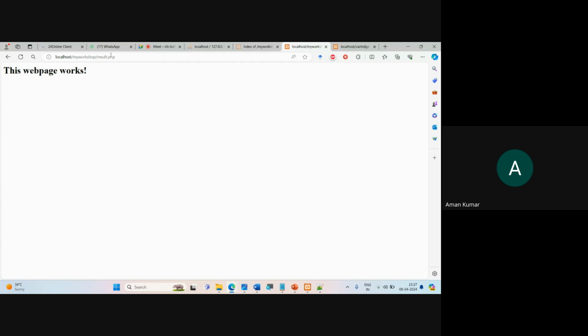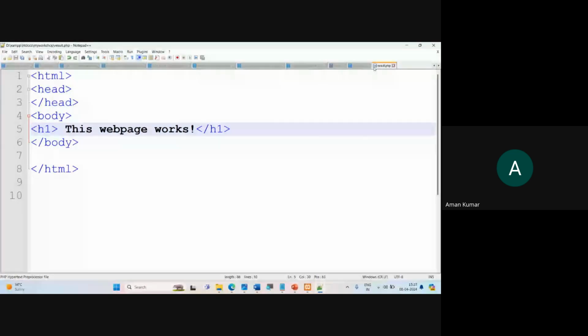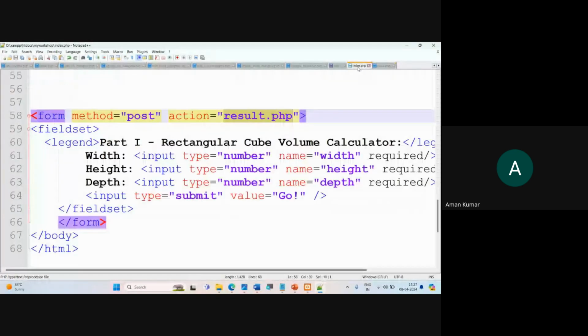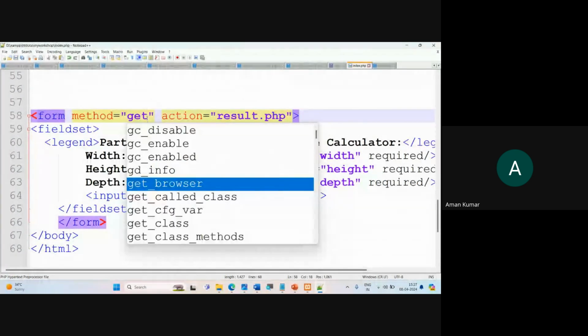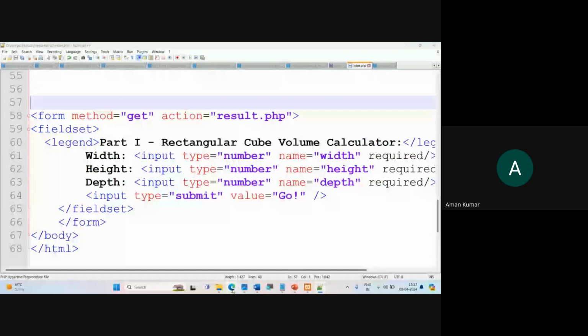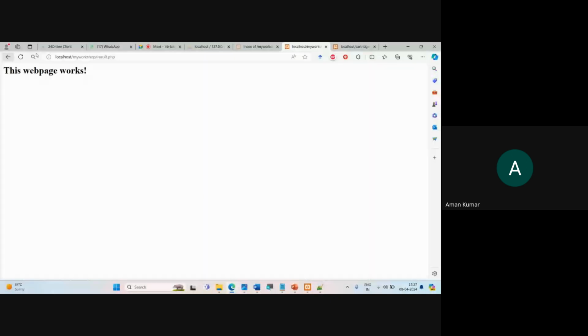You are not able to see the parameter right now. Why are you not able to see? Because we have applied the post. Let us show the parameter. What exactly do we need to do? We need to just change it to get. Now if I'm going to refresh again,